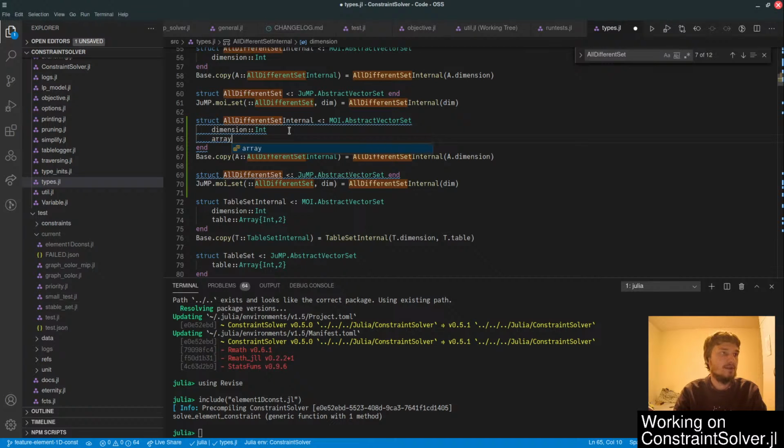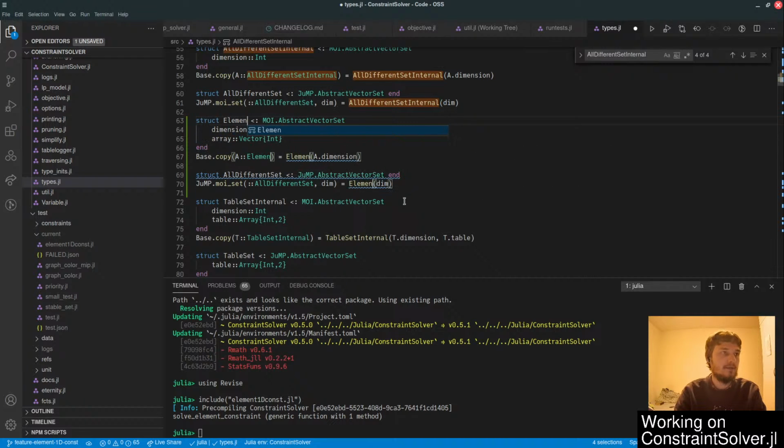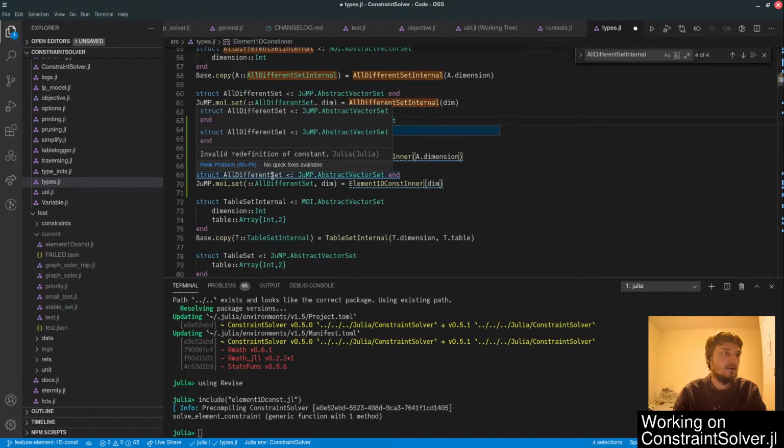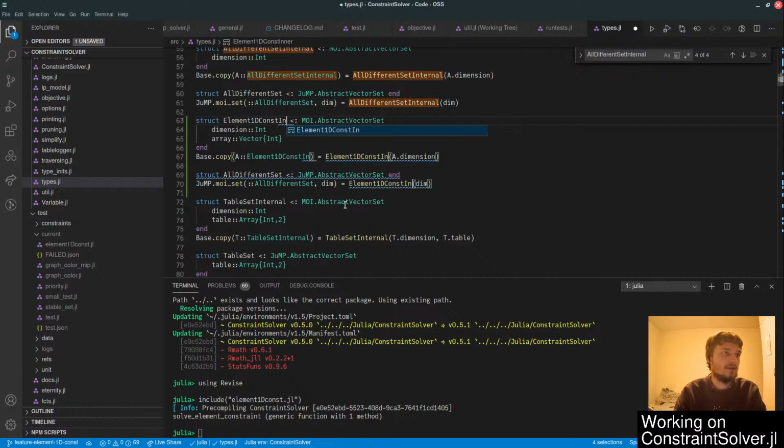So I just call it an array, maybe. Vector of int should always be vector of int, and we have elements 1d const inner, const. Yeah. Normally I have sets as well. Okay. Anyway,